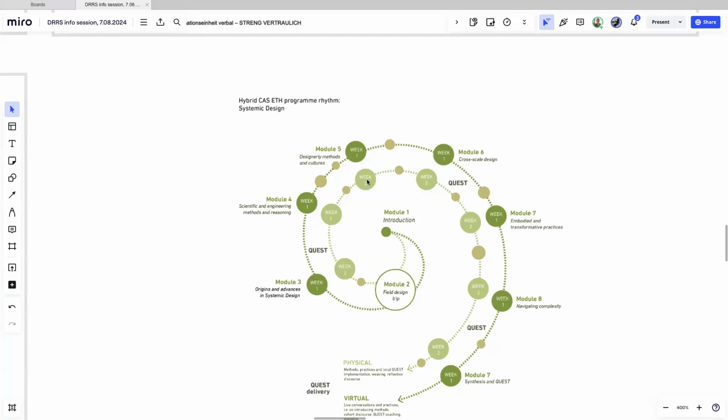Next one is designerly methods and cultures. And a lot is here brought in from experience. I can say for myself, really embodying this part is when you learn and are trained and teach and research in a science engineering institution, and you come into a design institution, the cultures are completely different.